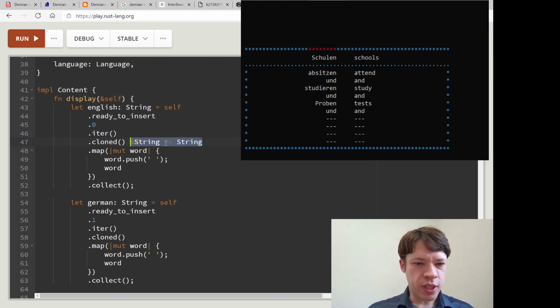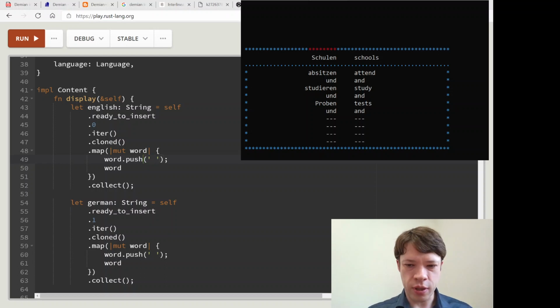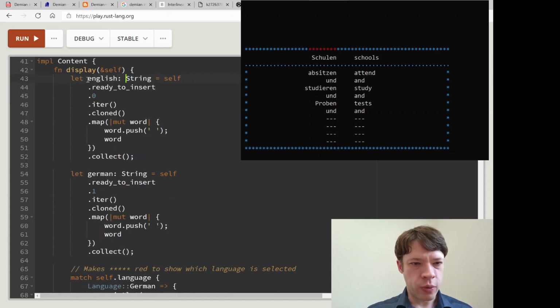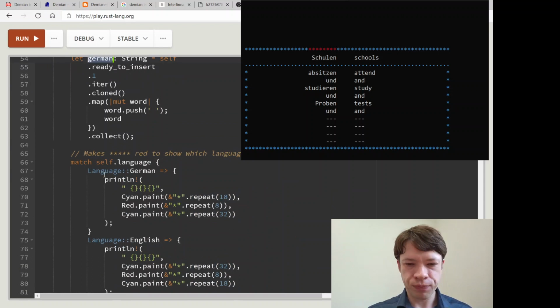Then iter, clone it, so it turns from a &String to a String. We can clone because this is a small program, and who cares about speed because it's already really fast. And then map and take each word and put a space on it because we don't want the words all mushed together. And then collect it, turn it into a string. So now we have a string called english and a string called german.